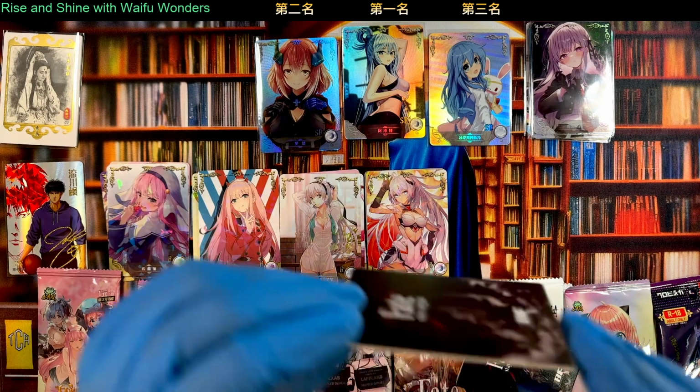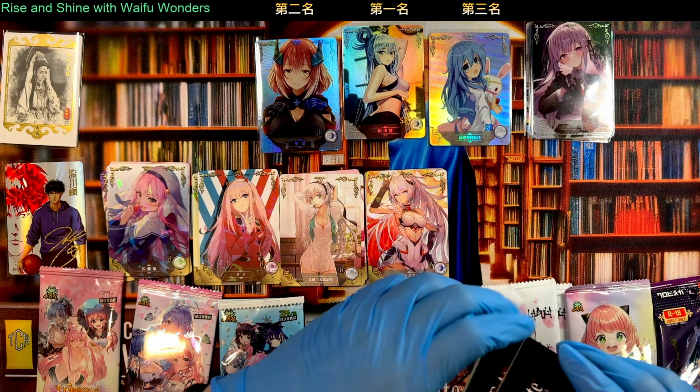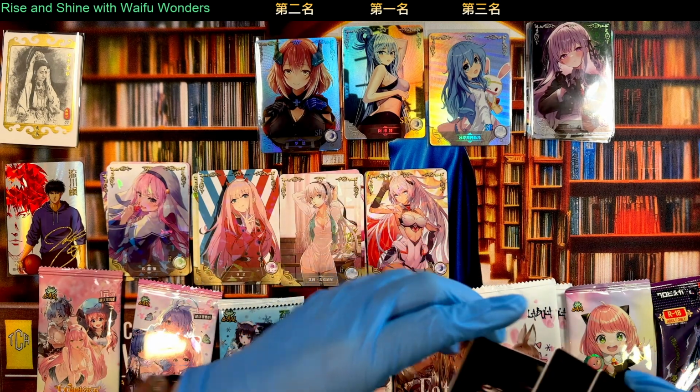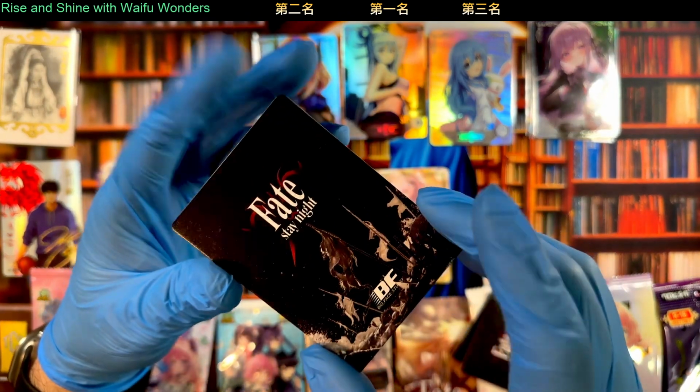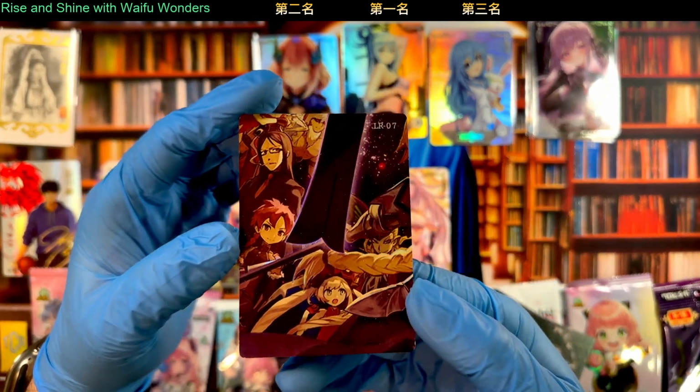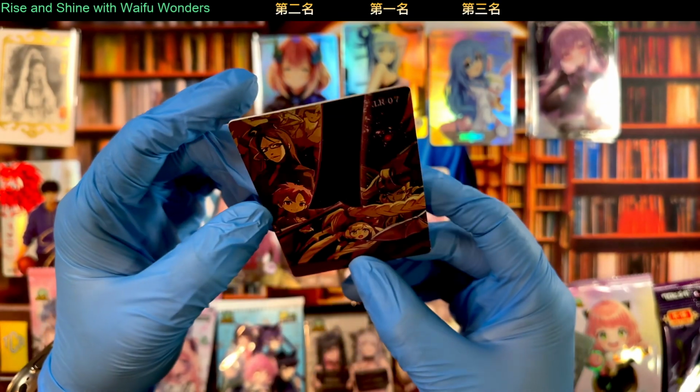And what I mean by that is the stock is much thicker and all that kind of stuff. So I'm having trouble here because these all look like hits, and I don't want to show you the biggest hit first. This is the back of the card, of course. So here we go. This is better. So this is a puzzle piece card. This is